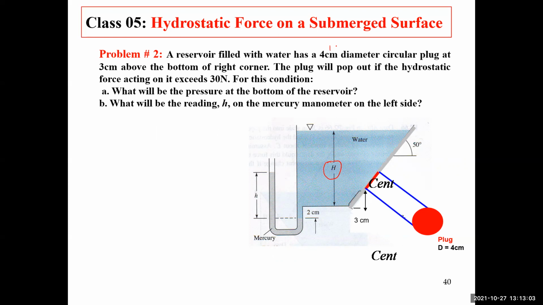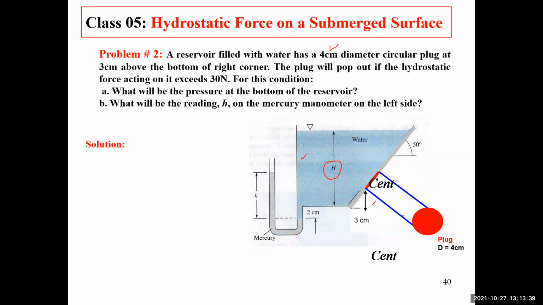The diameter of my plug gate is 4 centimeters, and it's located 3 centimeters above the lower right corner of the tank. I know that the plug will pop out if the hydrostatic force exceeds 30 newtons. I want to know the pressure at the bottom of the reservoir. And also I have a manometer now. This manometer has been integrated with this gate. That's fine. I want to know the reading of H on the mercury manometer on the left side of the